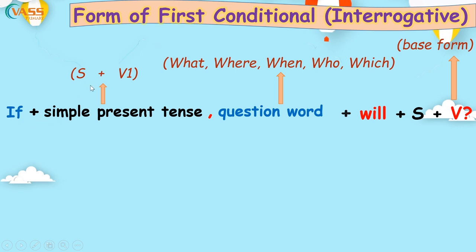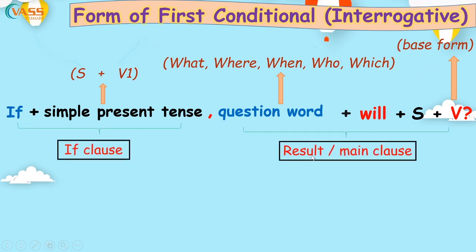So, if, subject, verb. This is our if clause. We have a comma at the end of the if clause. Question word, will, subject, verb, okay? And at the end of this we have our question mark. Alright, and now we'll show you how we do it if we swap it around, because we can start